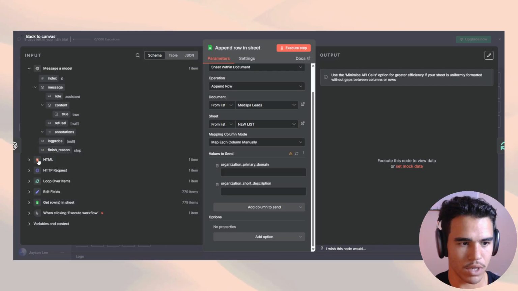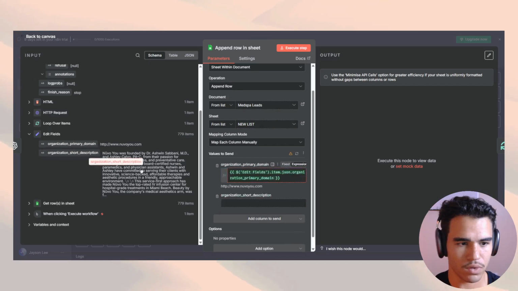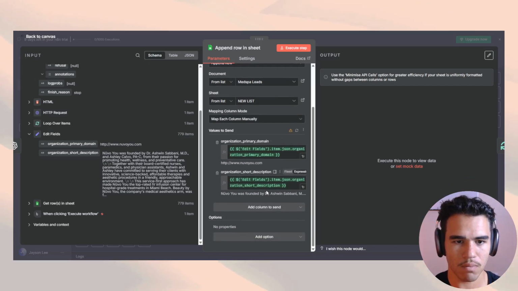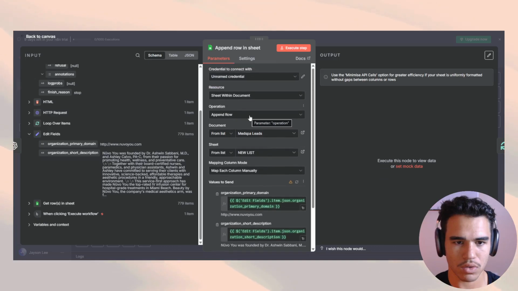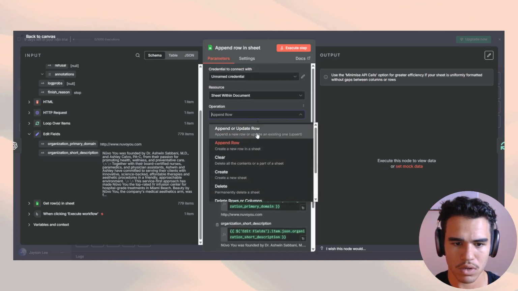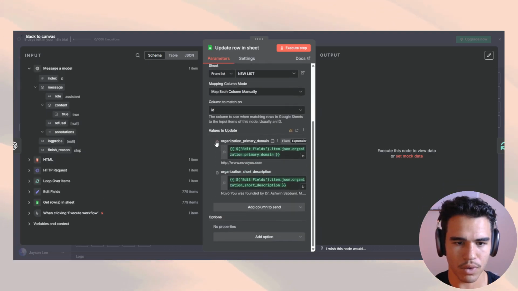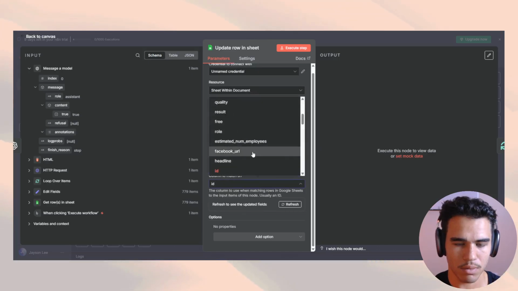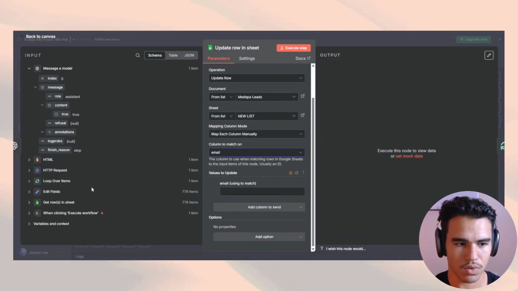organization primary domain. So we'll go ahead and get this from the edit fields and short description. We'll match on that. So we're actually not doing this. We're gonna update a row. I was wondering why it wasn't making us match. Column to match on would be email. So